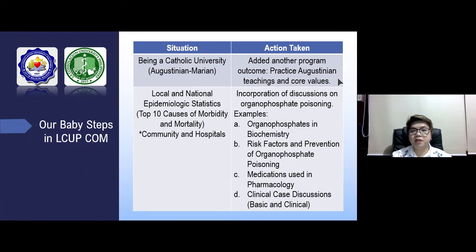As a new College of Medicine in an established ISO certified Catholic university, we initiated the following steps in following CMO 18 series of 2016 and eventually the JAO. We added an 11 program outcome following the kind of graduates that we envisioned. We wanted Augustinian teachings and core values practiced, if not exemplified, not just by our students or graduates, but by